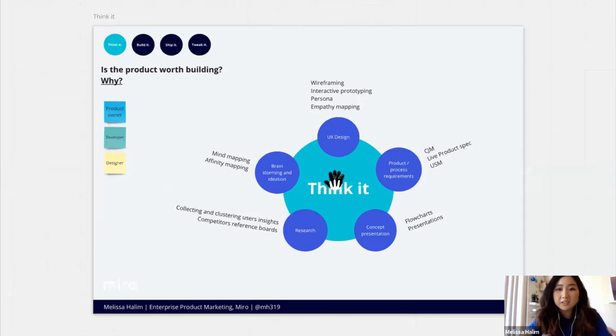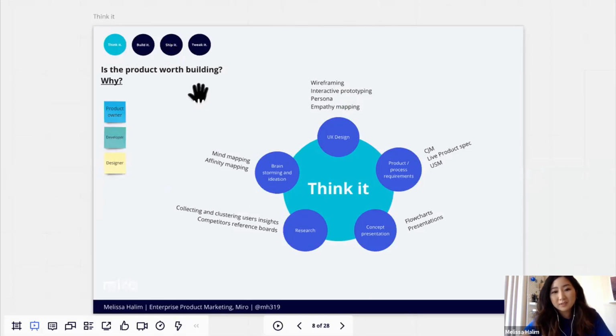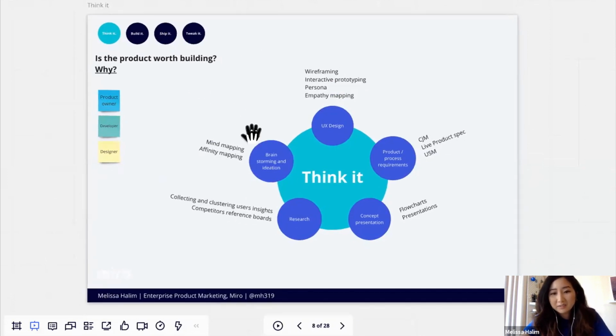We have an online digital whiteboard that is an endless canvas. And for some of you, you are familiar with the product, which is great. And for the Think It stage here, which is the first stage of the product development lifecycle, I'm not going to go through every single one of these, but this just shows you the breadth of what you can do within Miro itself. So you can do everything from research and discovery, brainstorm and ideation, UX design, product processes and